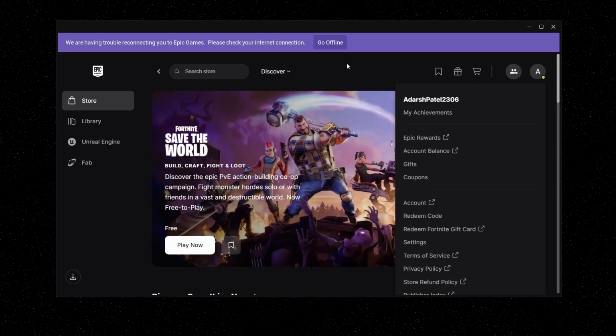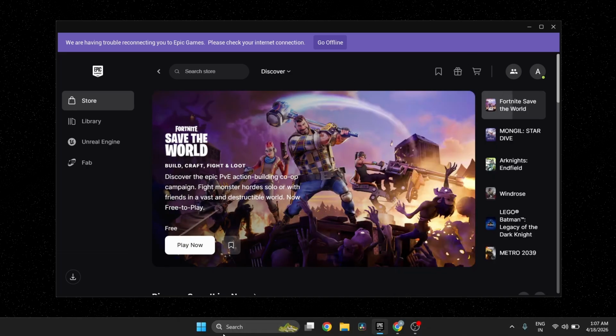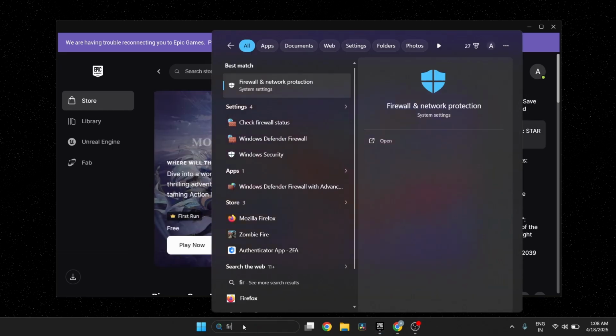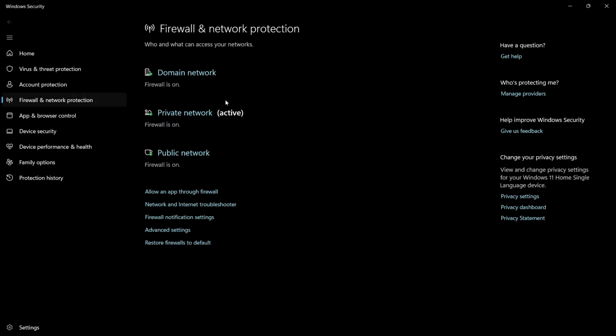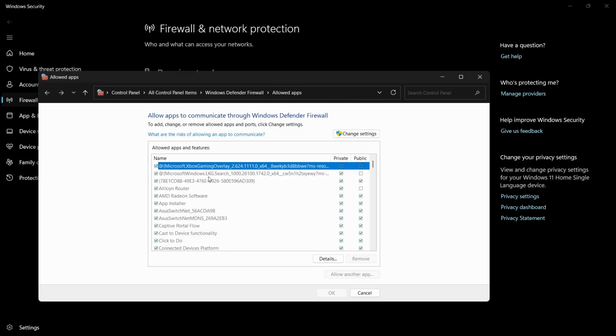Now, in order to fix all of that, just simply go to this search bar and search for firewall and network protection and hit enter. Now here in this option, you simply need to go to this option that says allow apps through firewall. Click over there. Now once you do it, here you need to select,